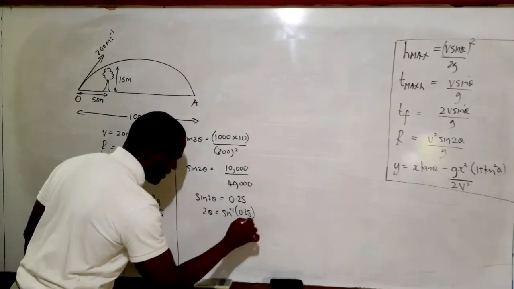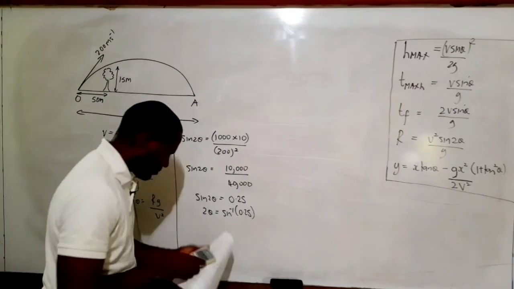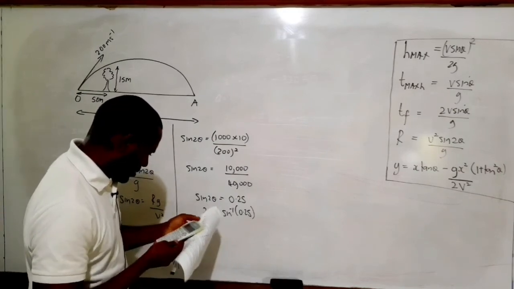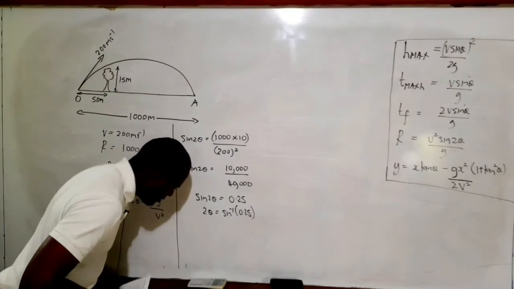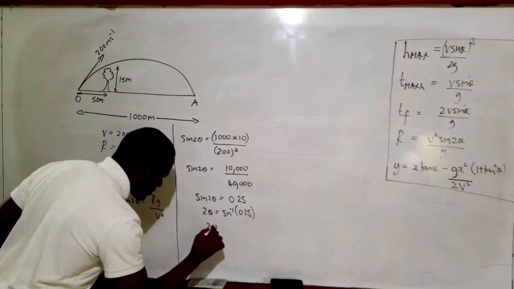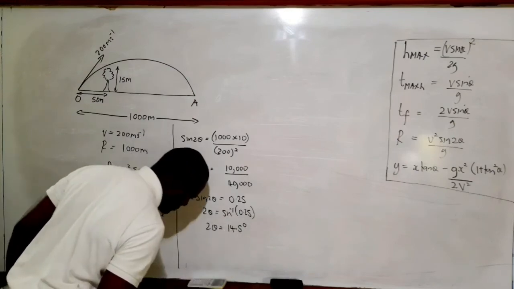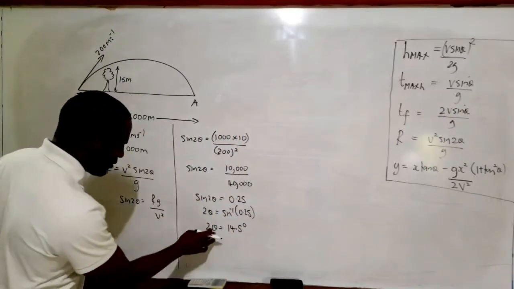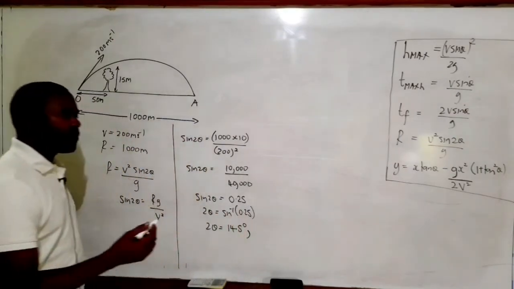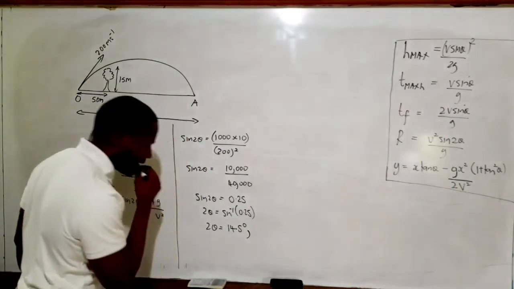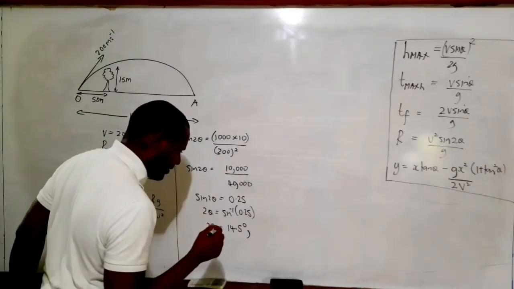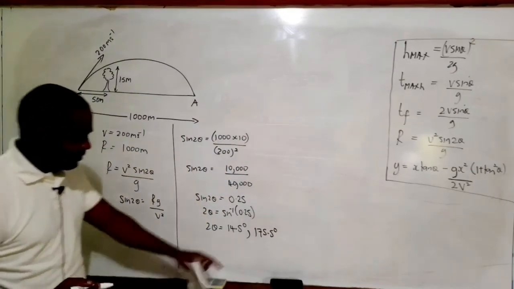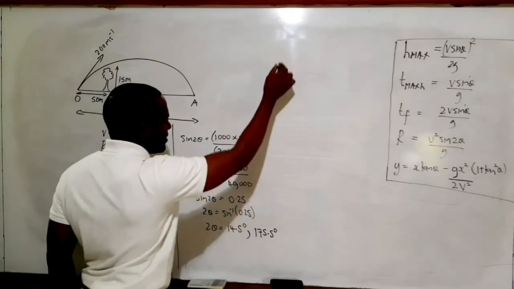And we go to our calculator. So sine inverse of 0.25 is 14.5 degrees. So we have 2 theta is equal to 14.5 degrees. However, we know that sine is also positive in the second quadrant. So the other possible value for twice the angle theta, we take away 14.5 from 180, and that gives us 165.5. So two values of 2 theta are 14.5 degrees and 165.5 degrees, and therefore theta possible values are 7.2 or 7.3 degrees,